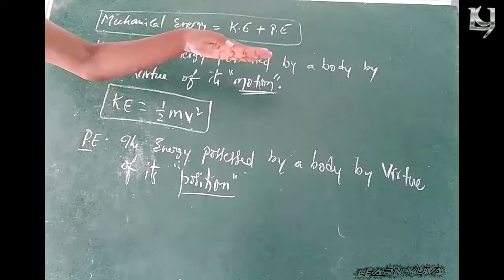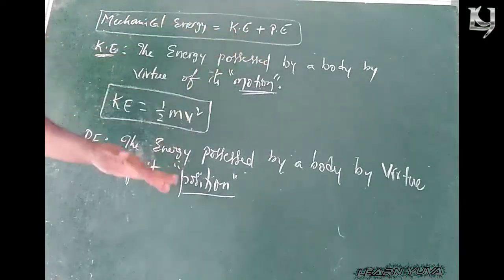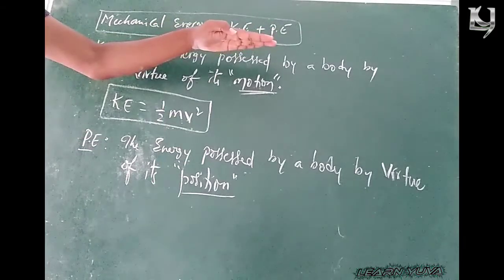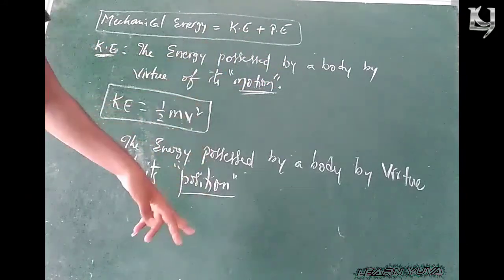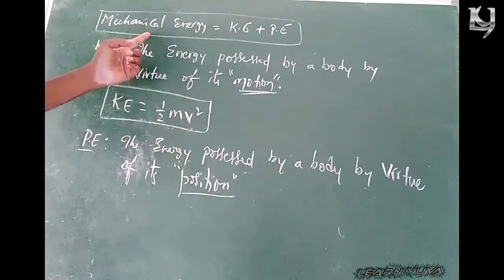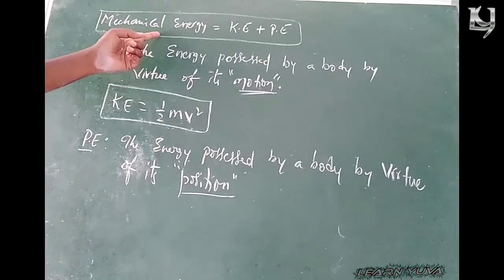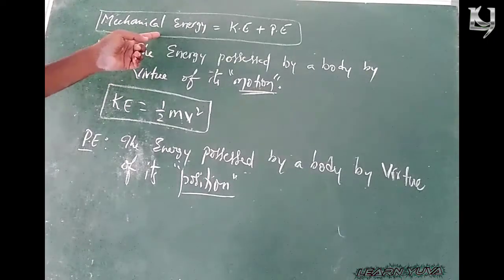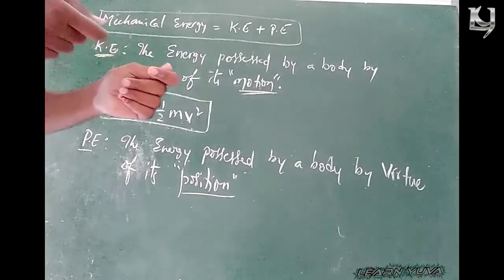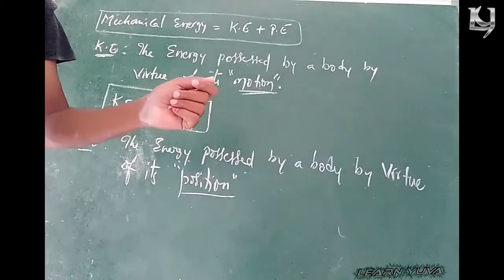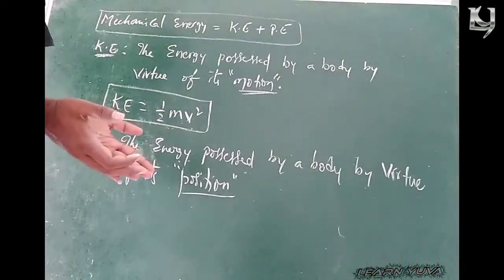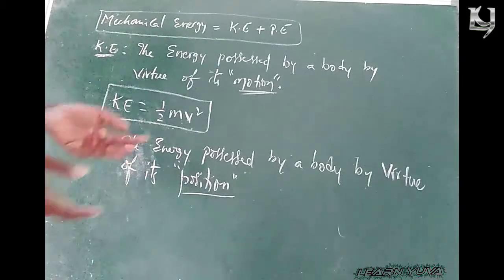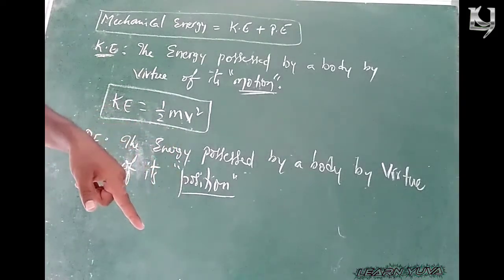Whenever a body is in motion, that body possesses kinetic energy. Since the body is located at a certain height from the ground level, and the body is in motion, that body possesses both kinetic energy and potential energy. Simply, you can say that it possesses mechanical energy. For example, if you drag an arrow in a bow, that arrow possesses potential energy. If you are dropping any object from a certain height, those moving bodies possess both potential energy and kinetic energy.